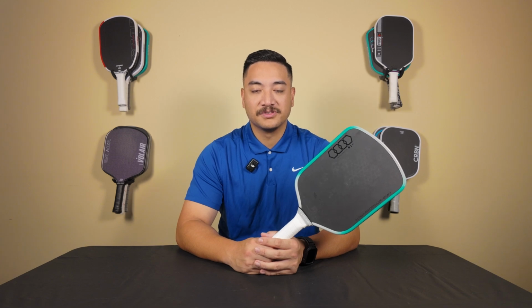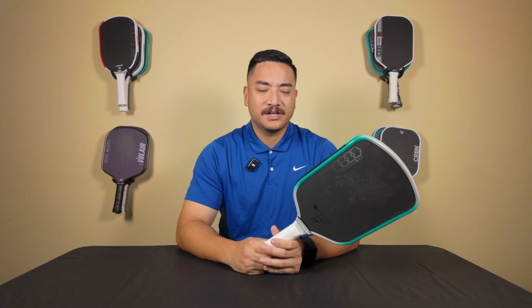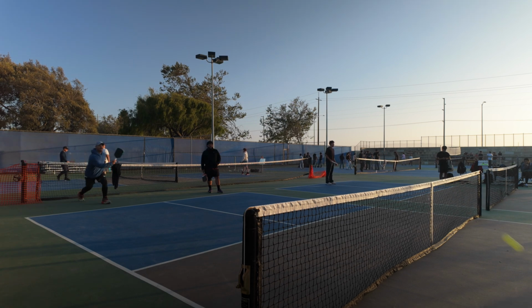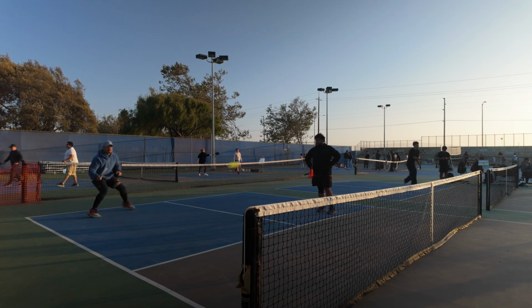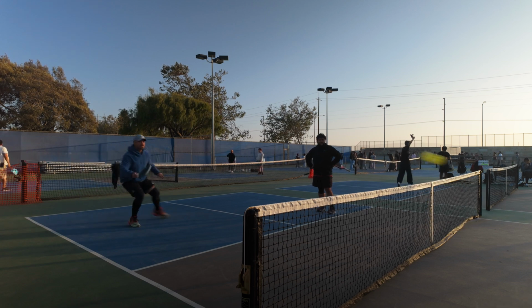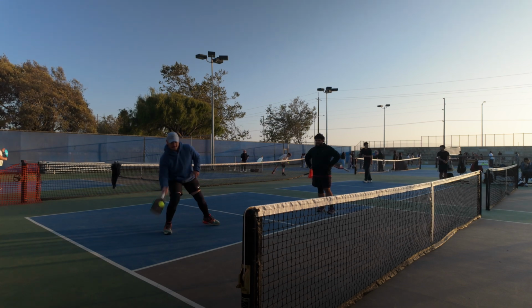Now, where this really shined, in my opinion, was the resets and soft game, as well as the kitchen play. I feel like my drops, once I got used to the shape of this paddle, I was able to dial them in pretty well. Definitely my go-to now as far as my game is my third shot cross drop. And I was able to place it in spots where it would get that player off position because it was so lofty, but with a lot of topspin, in which they had to change their body mechanics in order to reset